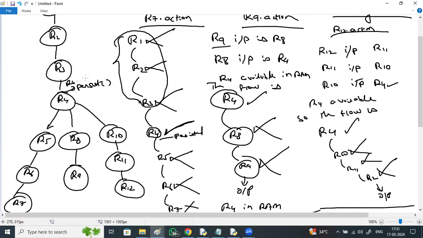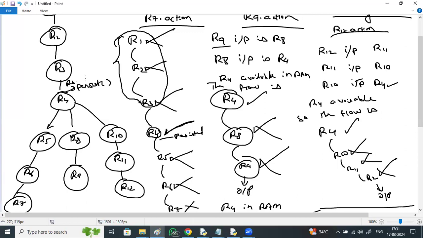But how would it come to know, after the execution of R5 to R7, R8 to R9, R10 to R12, to unpersist, because some flow may take a long time? Already you are collecting the output of all the flows, right? Whatever the final output, the entire flow output you are collecting. Once you collect it, the flows execution is completed. Now if it is not required, then you can unpersist it.